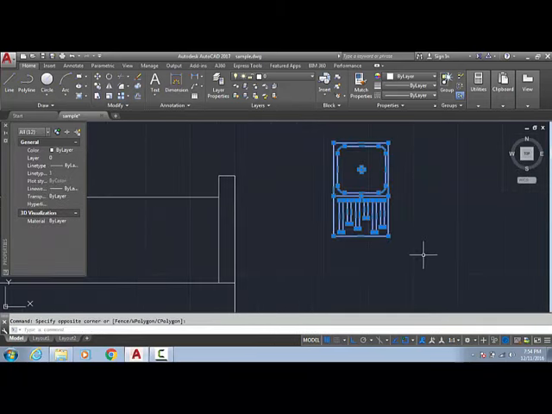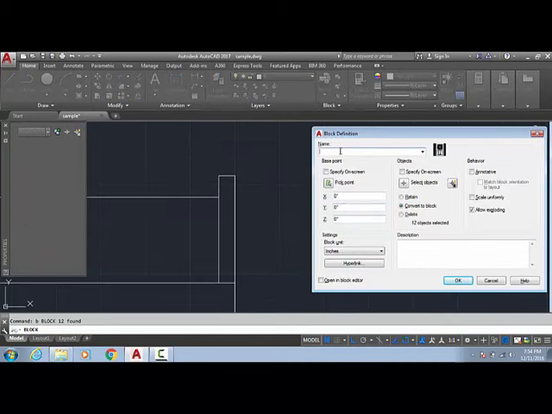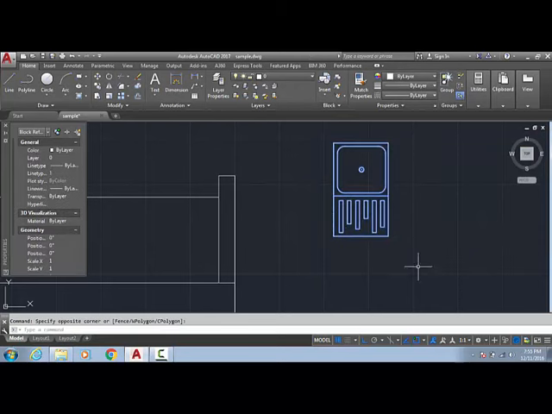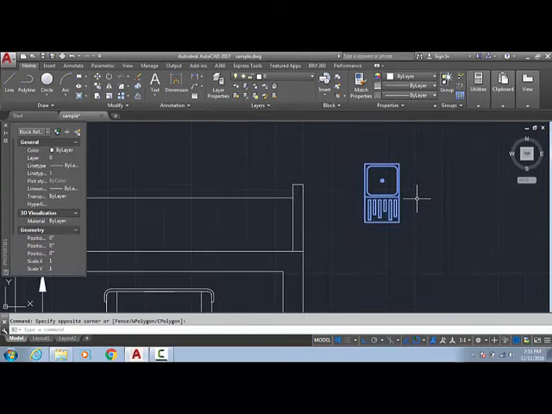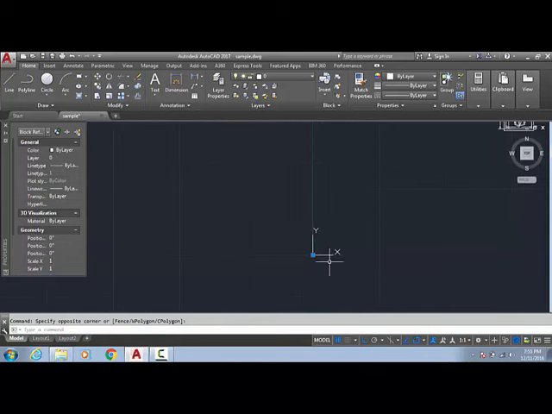I am going to make a block. In earlier videos I told you that any time you make a block, for example I am going to give it the name sink, you should pick points. Now I am not going to pick points, because I am showing you that in earlier times you made a mistake. You didn't put any pick point and you made all the blocks. Now you have to put a base point if you want. How can you do that? I am going to show you. Where is our base point? The base point will always be the 0,0 point, meaning the origin of the drawing.